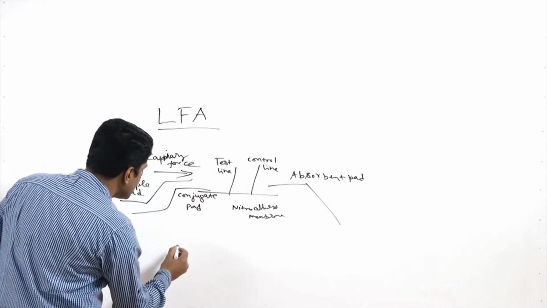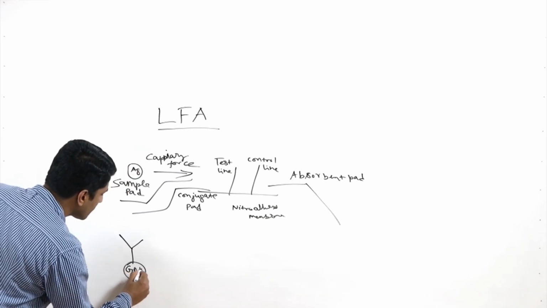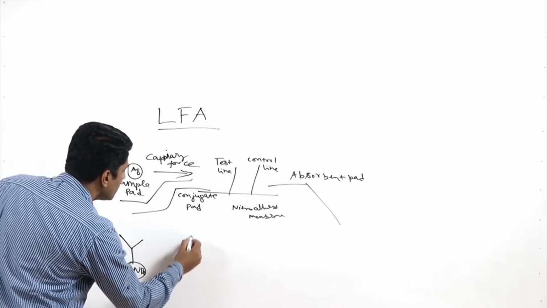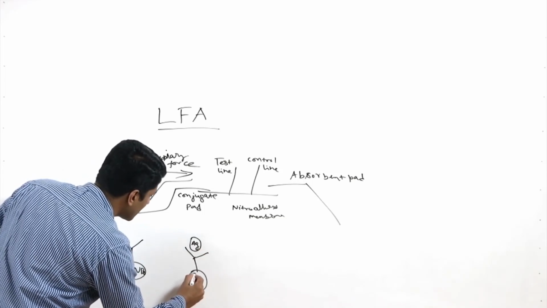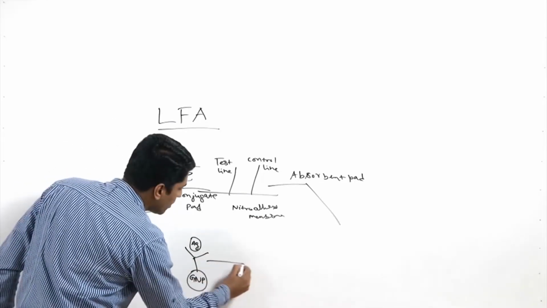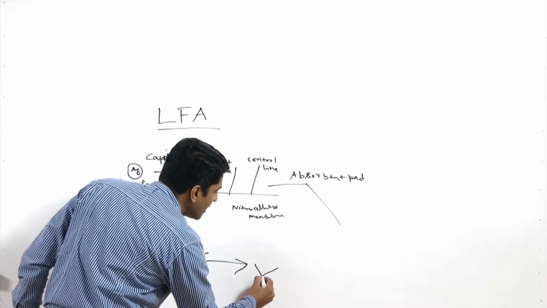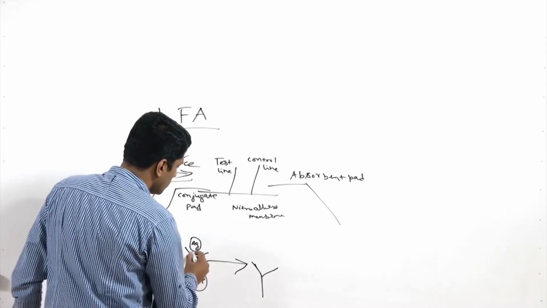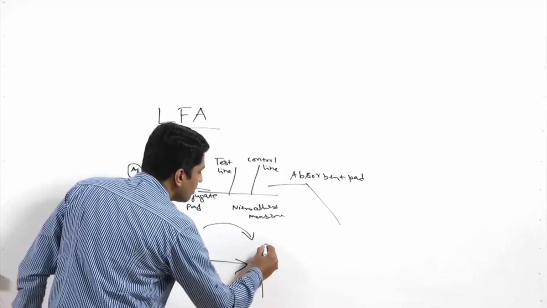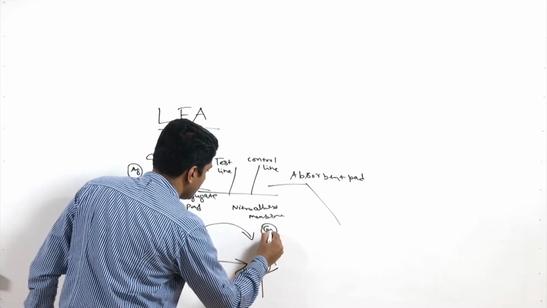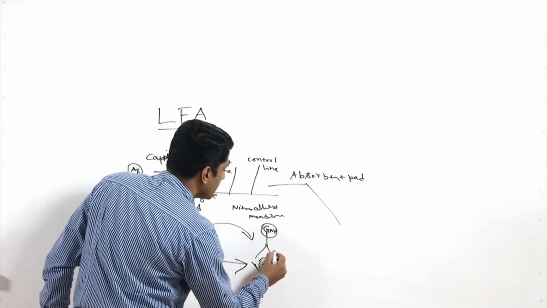and when it reaches the conjugate pad, you will have antibody conjugated with gold nanoparticles. Here in the conjugate pad, this antigen will come and bind with the antibody which is conjugated with gold nanoparticles, and this antigen antibody complex will move in this direction. When it reaches the test line, you will have antibody specific for your antigen. This antigen antibody complex will come and bind here, and your antigen will be sandwiched between the 2 antibodies. Here you will get a color line,